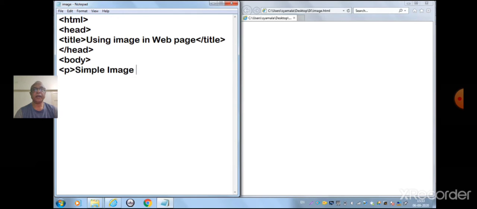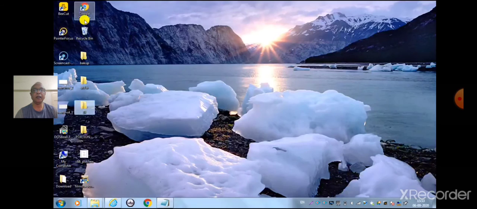The paragraph tag, write simple image insert and close the paragraph tag. The next tag is the image tag, img space src. In the inverted quotes, we have to specify the location of your image file.